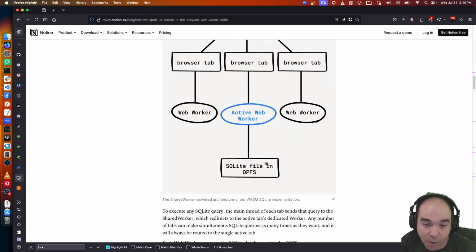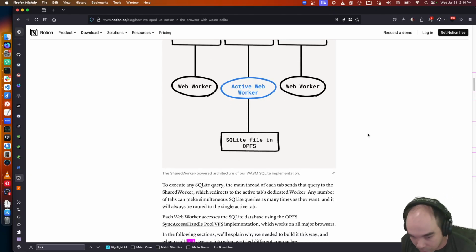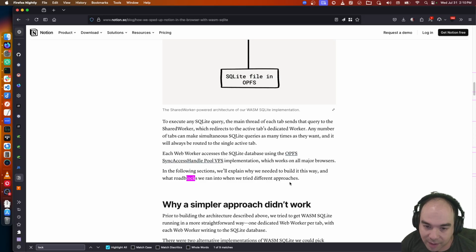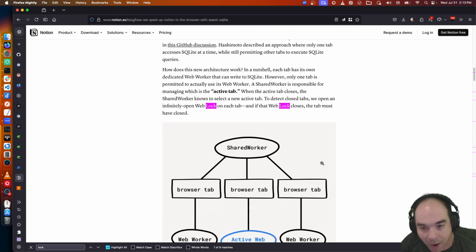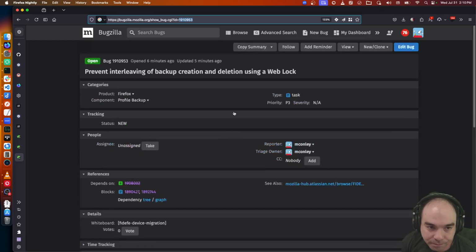So that was their way of, I guess, making sure that stuff happens whenever a tab closes. We would probably do it differently as the browser, but I thought it was kind of a neat hack, and it reminded me about web locks. And then whenever I saw the sequencing issue that we were dealing with for backup, I was like, web locks might be kind of nice. And then I realized, oh, this might be a nice thing to make available to privileged